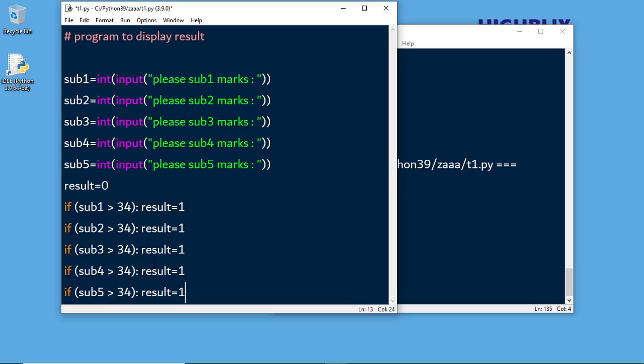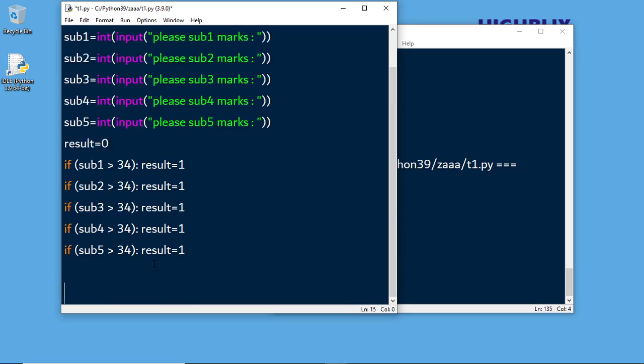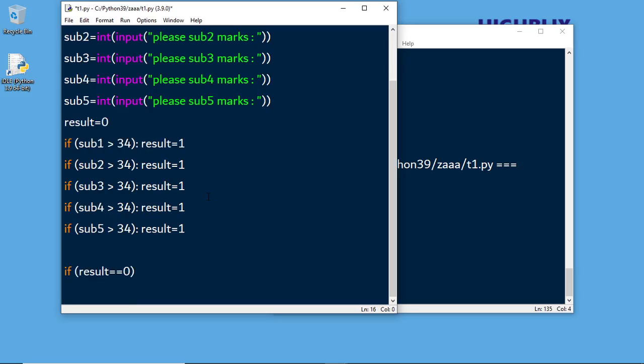Now if all the subjects are greater than 34, it means all the subjects are pass, else otherwise the result is equal to 0. Result equal to 0 means fail actually. Therefore I can say if result is equal to 0, so colon is to say that